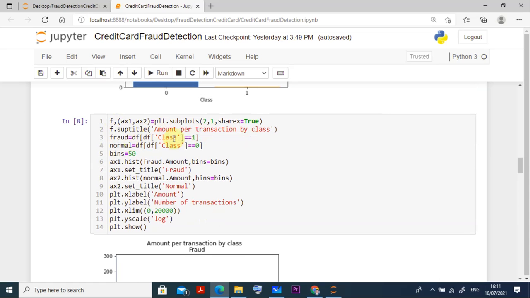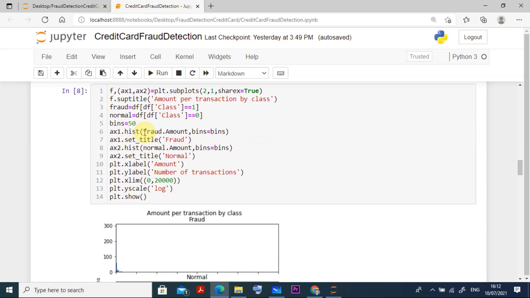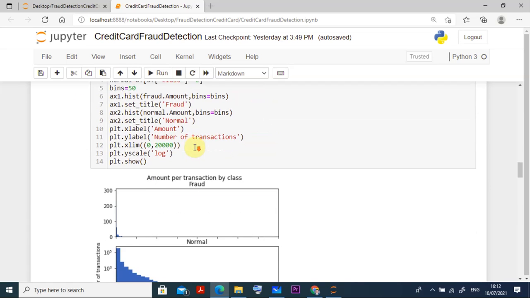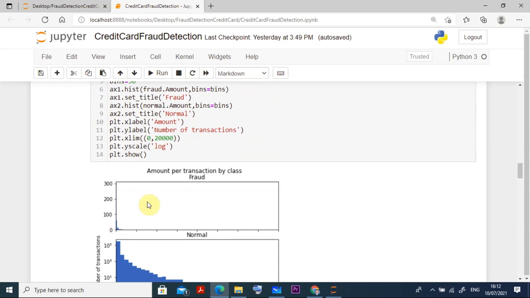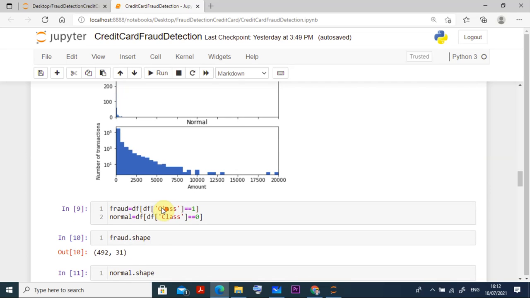Then what I am doing: if fraud is there, then it is the df class that is putting it to fraud if it is 1, and if it is 0, it is showing normal. So I am putting 50 bins, I am drawing a histogram for fraud. So how many fraud cases are there? What is the amount? I am putting it here, so you can see it here. For the fraud case, there is a very small amount, so it is given there. But when it is normal, you can see the histogram also, it is done here.